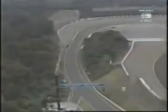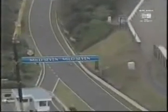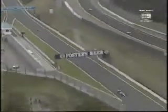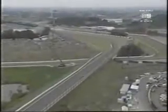Now, here they come out of the spoon, up towards the 130R, Hakkinen, Schumacher. Now, the gap between Hakkinen and Schumacher and Coulthard, who is in 3rd place, is already some 2 seconds. The first 2 are pulling away. Now, remember, we don't know anything about fuel strategies. We're expecting them to stop twice, in which case